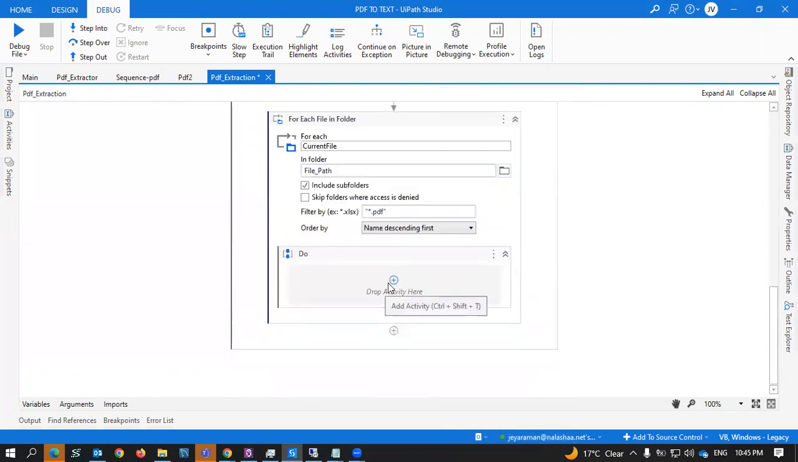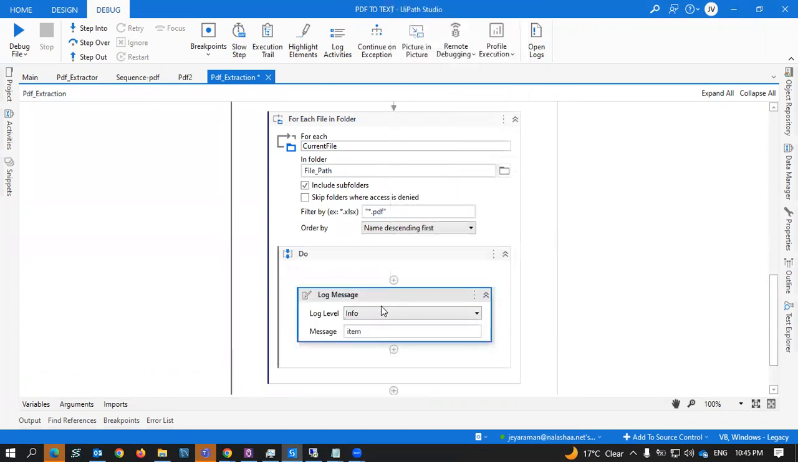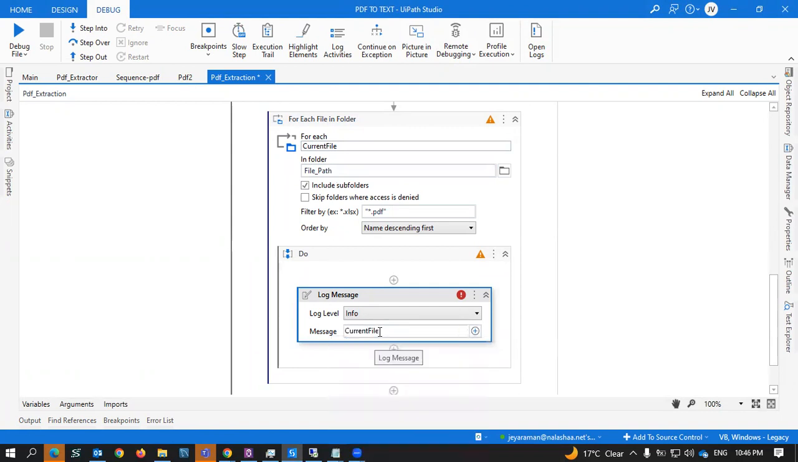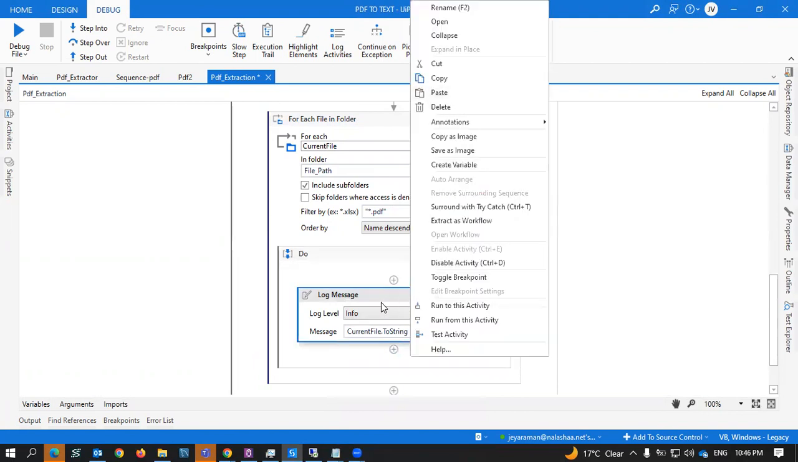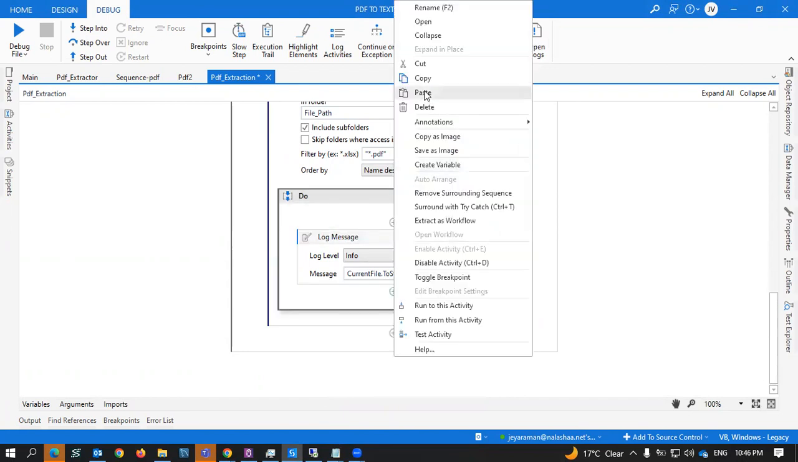But here the item is not going to work. So what is the index that you have given? It is current file. Current file in for each means the index. I am just showing you how it works. So current file .toString will give you the file path. And there is another thing as file index. So just copy this and I'm going to paste this,